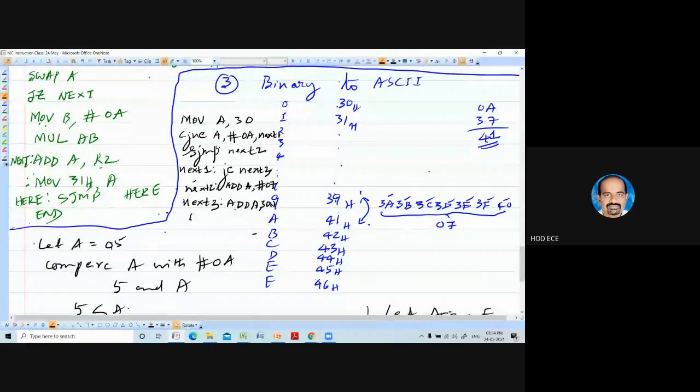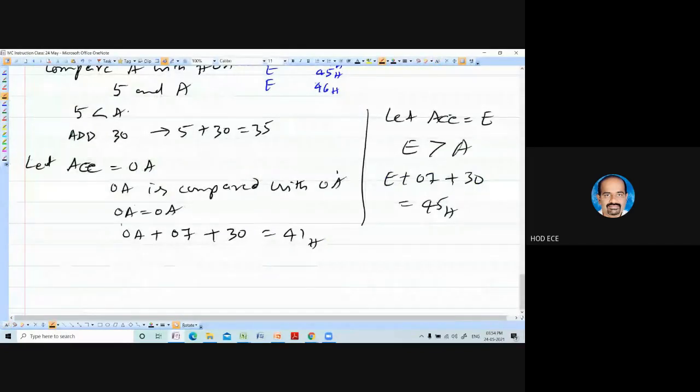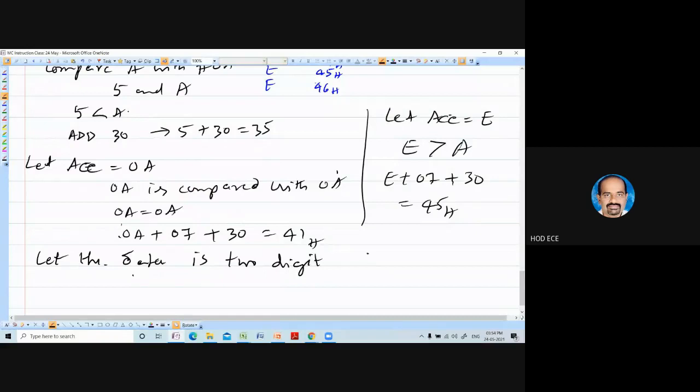So now this is for a single digit program, single digit binary. Suppose the data is 2 digit, for example 33D.